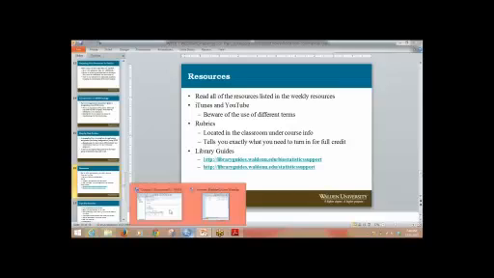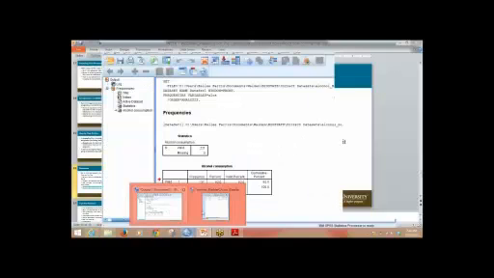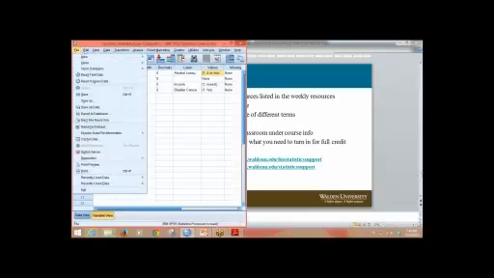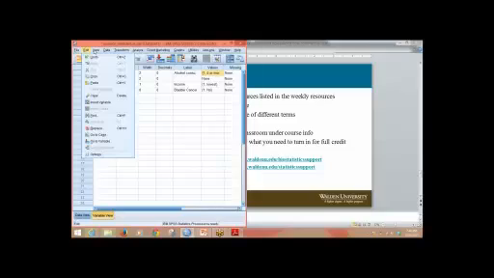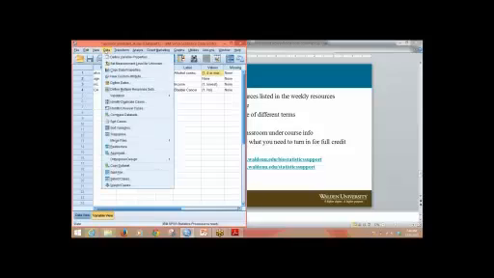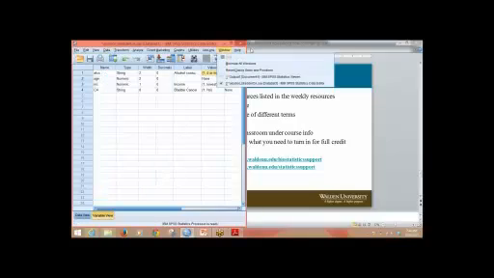The toolbar here in SPSS may be slightly different in different versions, but if you just look around, hover over the different tabs there, you may be able to find what the person in the video is talking about, just in case they're using a different version. So just play around with it. Another good resource is actually the help tab here in SPSS. There are tutorials that I really suggest you going through.